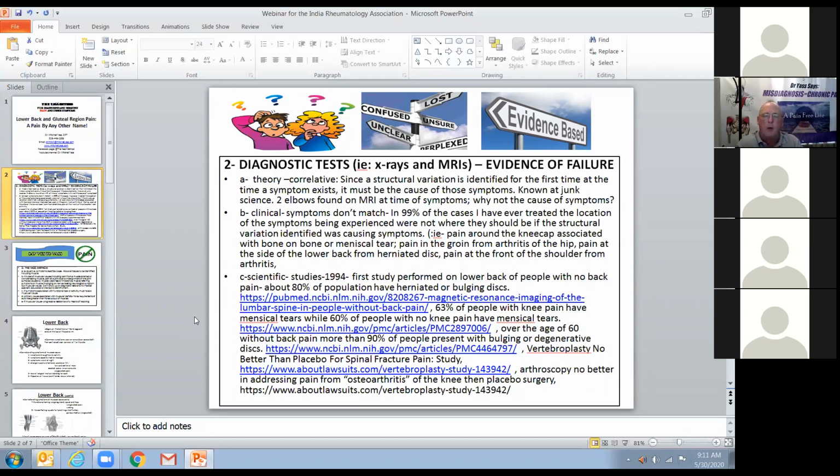Another one we talk about is a very common cause that leads to hip replacement: pain at the groin. It's asserted that since arthritis is identified at the hip joint while the groin pain exists, that means it's coming from that. Well, for me to incite that groin pain, if it was from arthritis in the hip, I'd have to compress the hip joint, and you should feel the pain refer to the groin. Over 27 years of doing this in thousands of cases, I've pressed on the hip joint and I cannot refer the symptom there. But if I do press in the groin area and I can bring on the symptom,